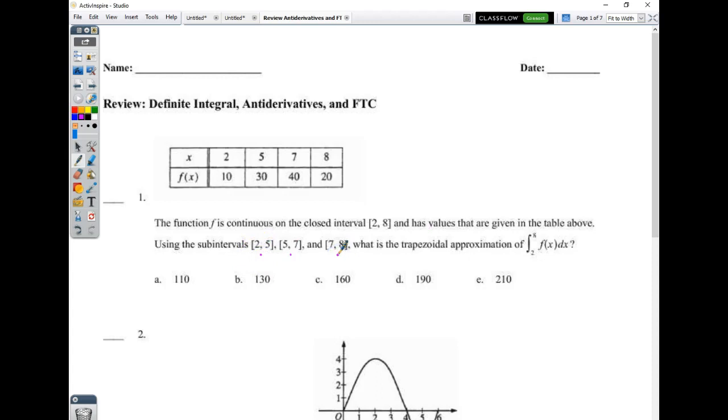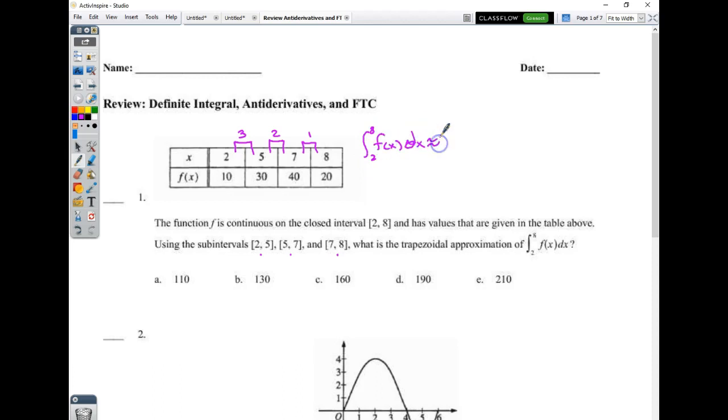By the way, typically they won't mention it that way. They'll say using 3 subintervals. What is the trapezoidal approximation of the integral from 2 to 8 of f of x dx? So what you do is you realize I've got these intervals with the x values, the changes in x being 3, 2, and 1. And we can say that the integral from 2 to 8 of f of x dx